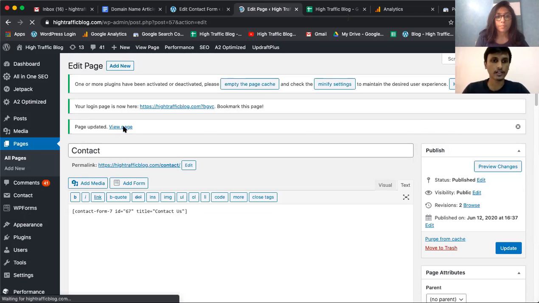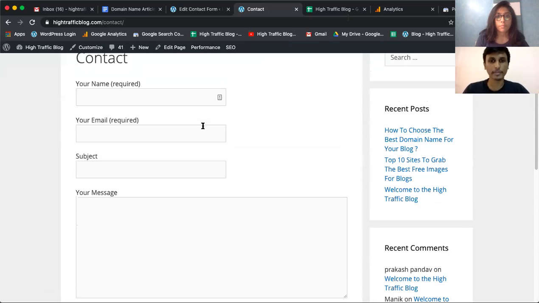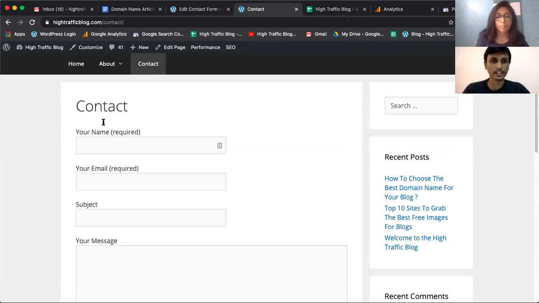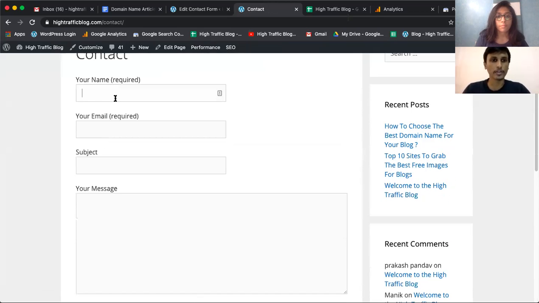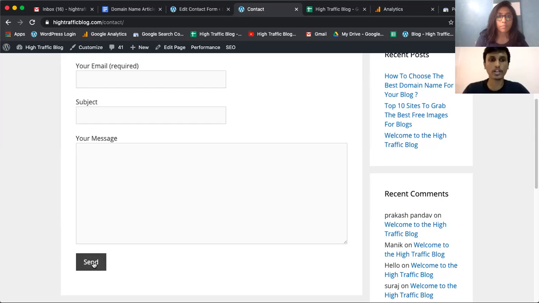And now let us see how the page looks in the front end. So yeah, there you go. You have the basic form here. It says contact, your name. You can drop in your name here, your email address, your subject, and your message. And if you click on send,